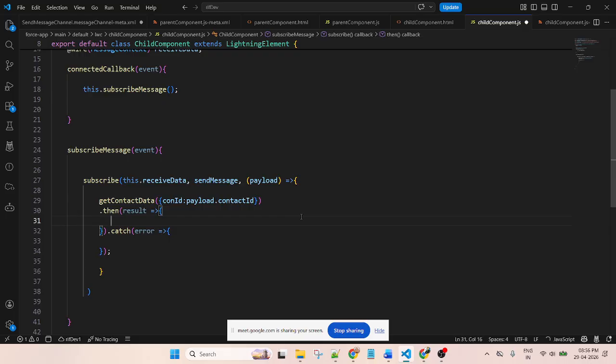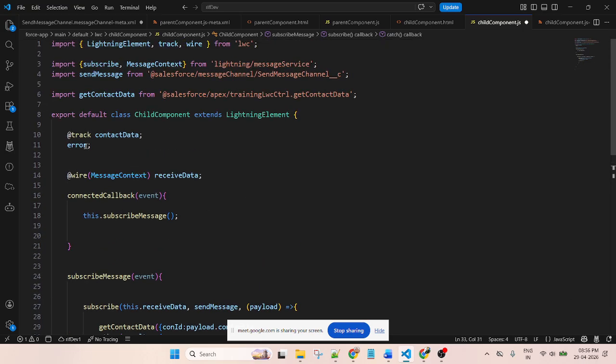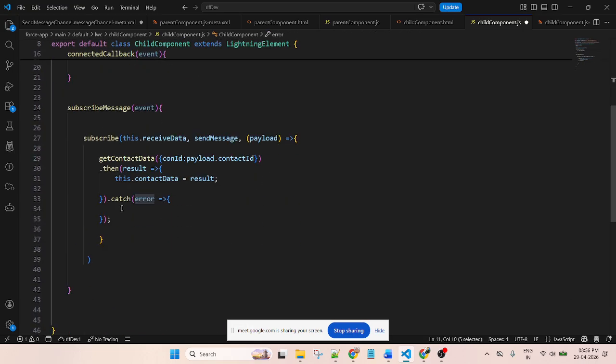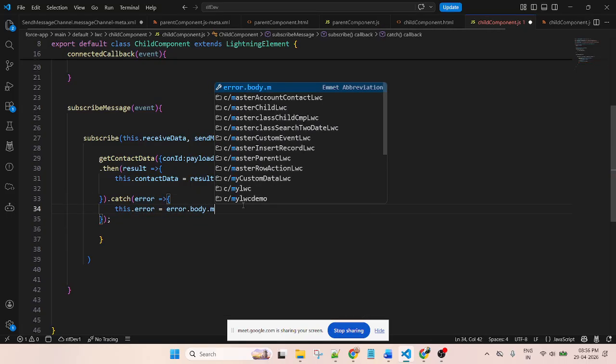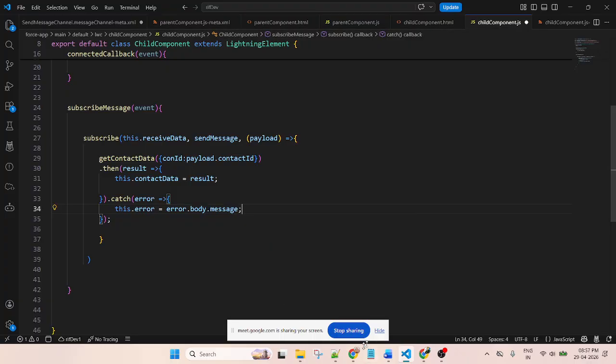Here I will use this.contactData equal to, here I will store the result, and here in the catch we will store the error equal to error.body.message.